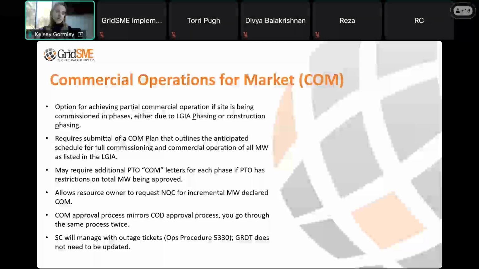They want all of that test energy to be allocated to the offtake agreement and not the asset owner. I've seen that on some projects, Ryan, where they've been restricted from making money on test energy because they have it written into their power purchase agreement or their resource adequacy agreement that the offtaker is the sole beneficiary of any power generated from the resource, and they don't make a differentiation between test energy and commercial energy.